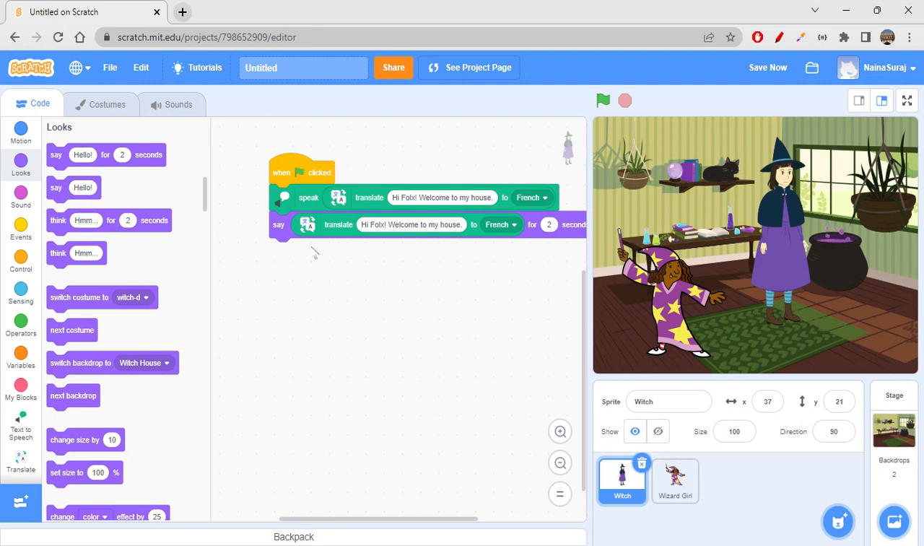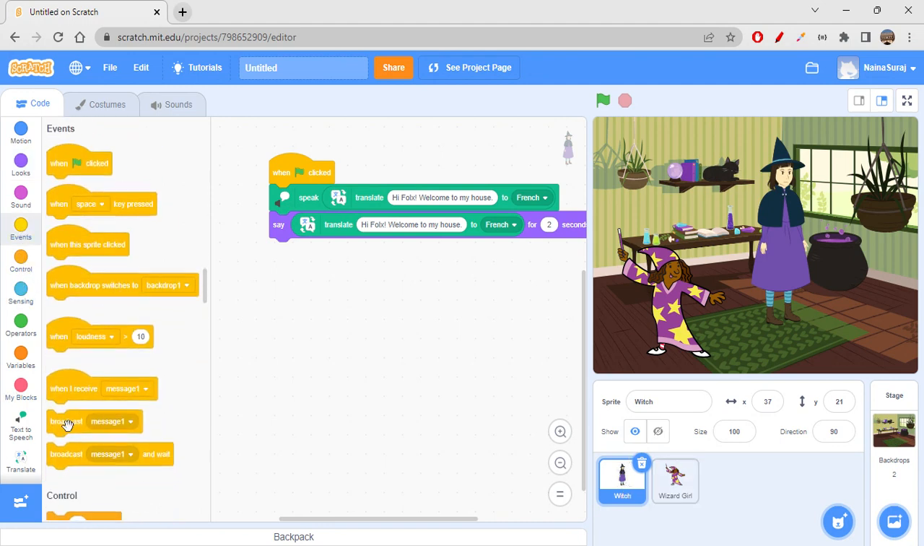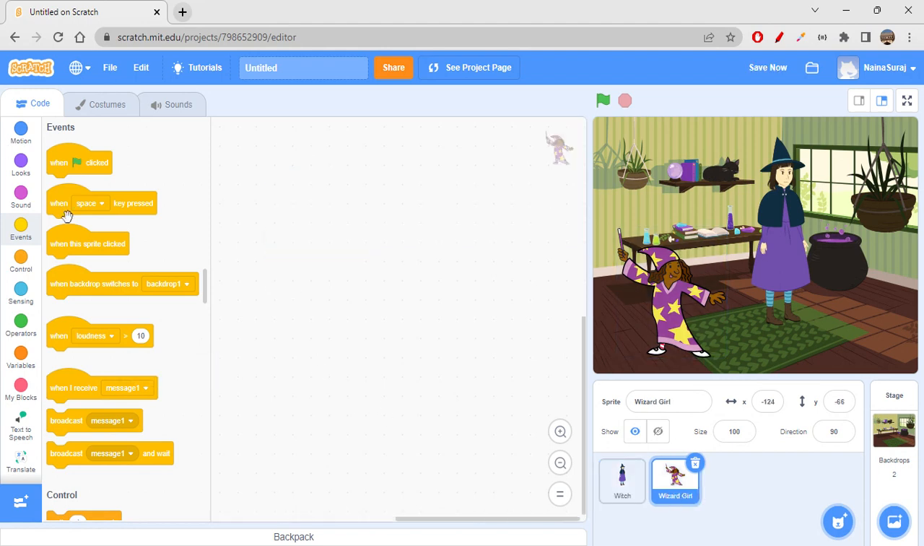But yes, so we have done something so far. It is saying something, right? Then she would take it and translate it back to English and it would give us the output. Okay, so then let's go here. We'll use broadcast for the interconnection. So broadcasting message one. This wizard girl, whenever she receives message one, then she would say,